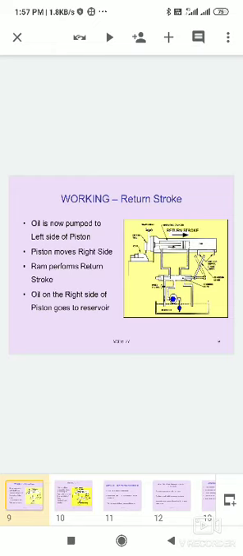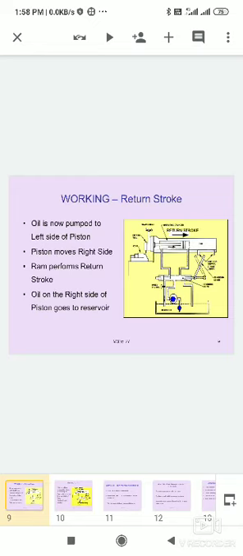It is very, very important for essay questions, asked many times in board exams, Telangana or any board. For example, the AP board also asks this type of question, and competitive exams also ask it. Which type of questions are asked in competitive exams? The first one is, what is meant by quick return mechanism?